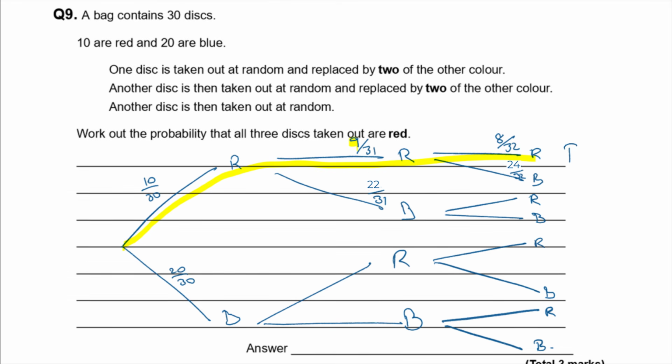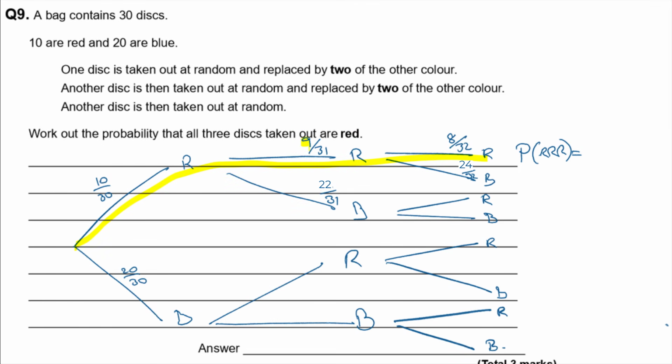Right, so then the probability of red, red, red is going to be, kind of running out of space, let's budge this over a sec. So red, red, red is going to be 10/30ths times 9/31ths times 8 over 32. And what is that then? Well, 10 times 9 times 8, that's 720, over 30 times 31 times 32,